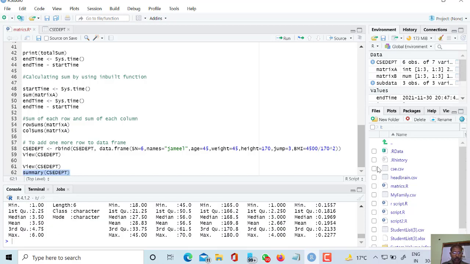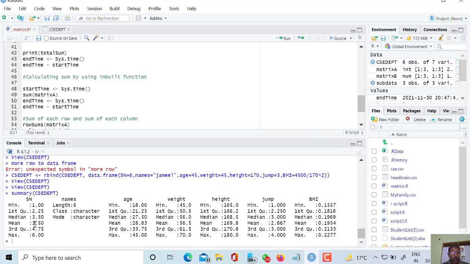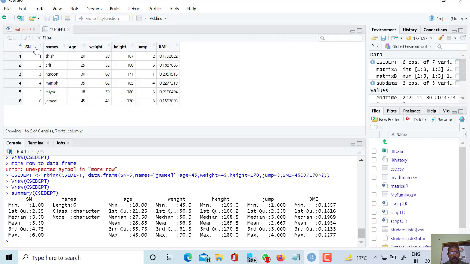So here I can see that the summary of CSE department data has been given. Minimum value, maximum value, minimum value of the serial number. There are so many objects here. So for every object, minimum and maximum value, mean, median value, everything will be given here.